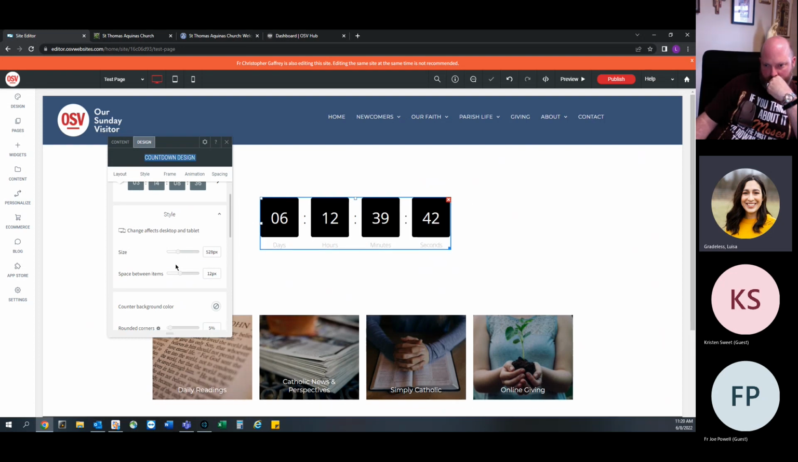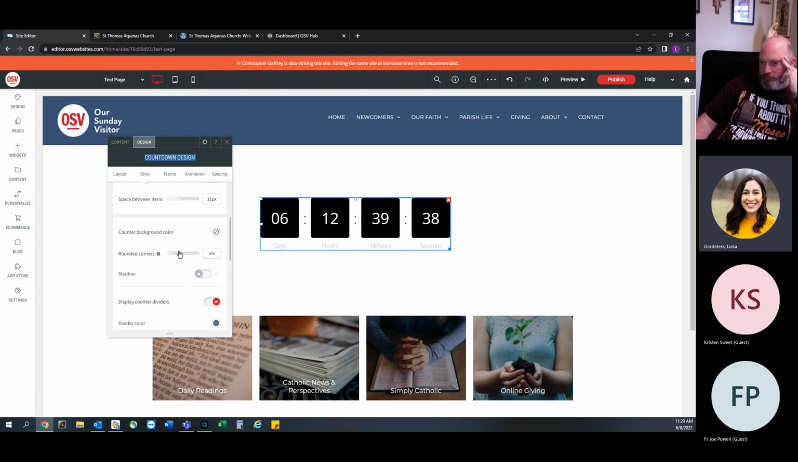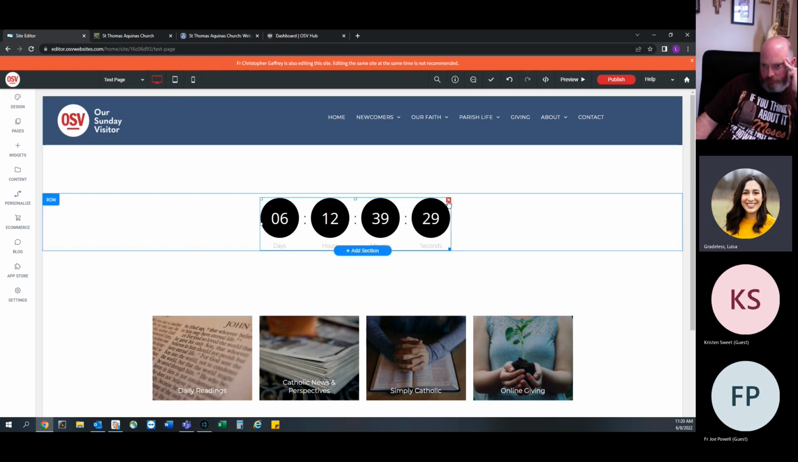Styles, size, spaces in between, background color, corners, make it more circular. So that is